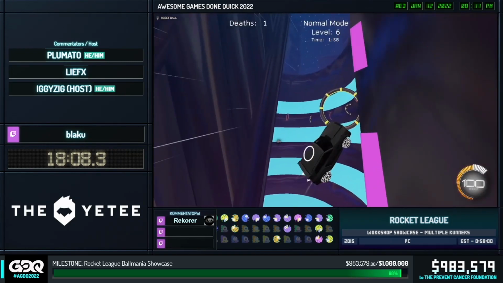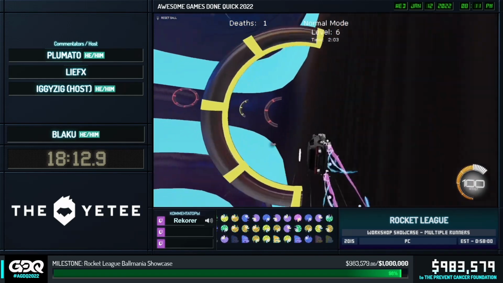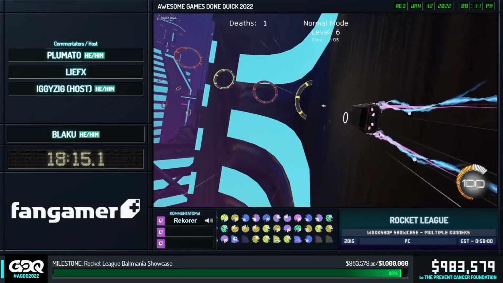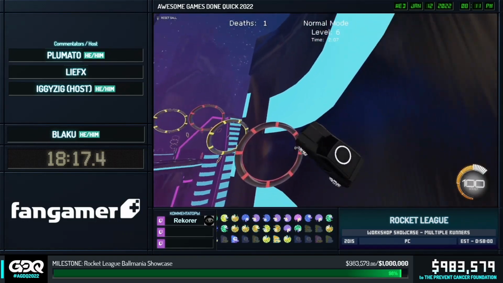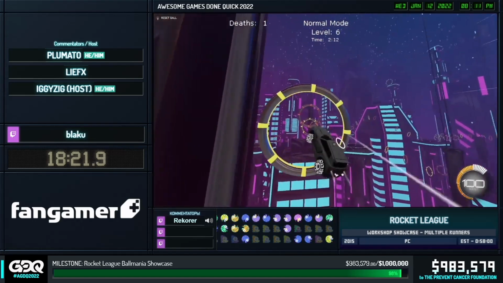Yeah, we did see a successful booty bump off one of the poles before, which is hard because again, if you catch that back of the car off that angle just wrong, that sends your car down, it sends it up, it sends it in